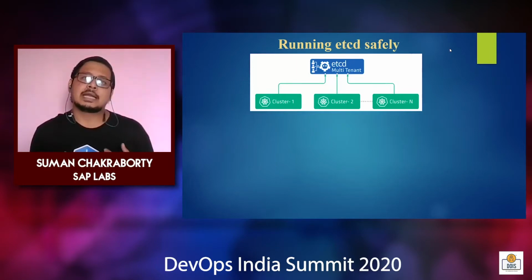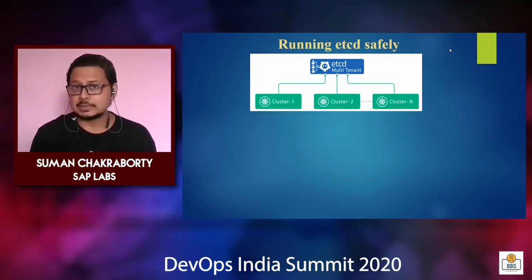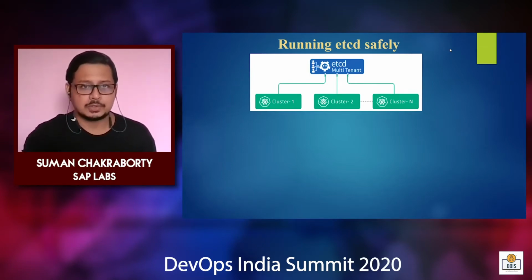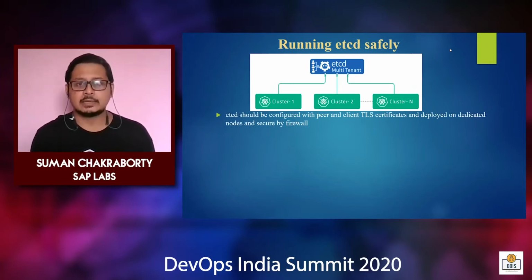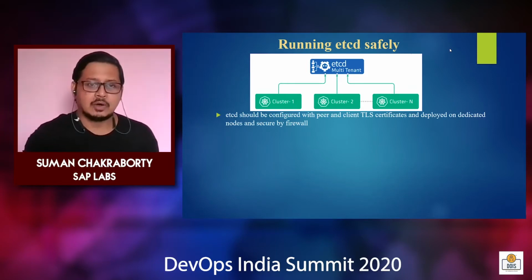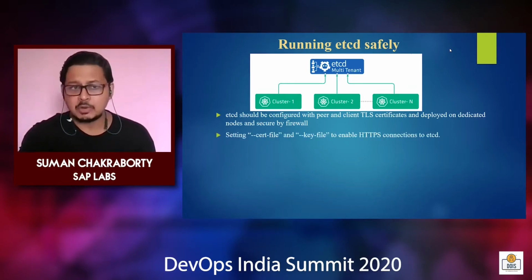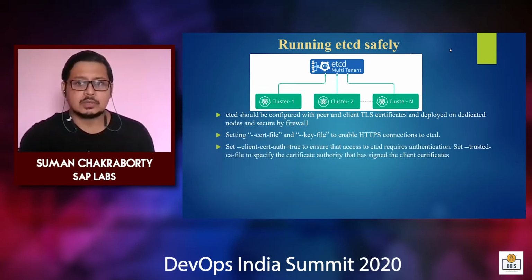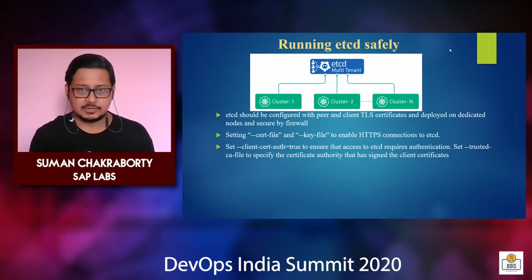Next is about securing your etcd. etcd is the primary database for managing the Kubernetes cluster, and it contains all the configuration of the cluster. So you should ensure that etcd is configured with a TLS certificate for authenticating between the peer components. Like in a production environment, you can have two etcd running in HA mode. And also you can set firewall policies and set the cert file and key file to enable an HTTPS connection to etcd. You can also use the trusted CA file certificates by specifying that trusted CA file